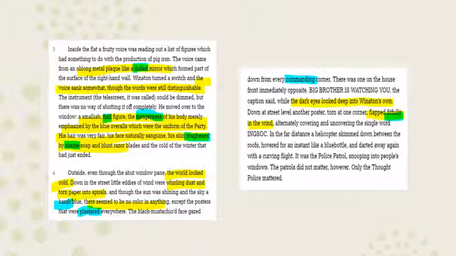Now, your job in these, some of you probably did, and obviously I'm recording this before you've done the work, so I don't know yet. But your job was to go through and find examples like these. Did you match my examples exactly? I don't know, and it really doesn't matter that much whether you did or didn't. I'm just showing you examples. What's more important is that you're realizing how much imagery and how much diction there is, and then being able